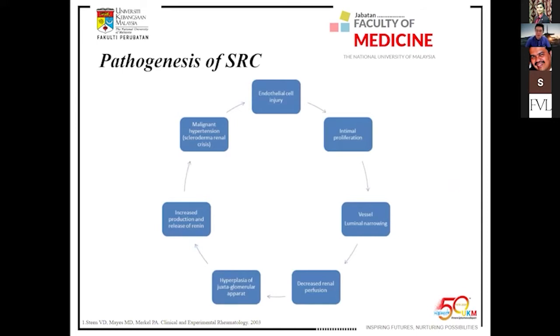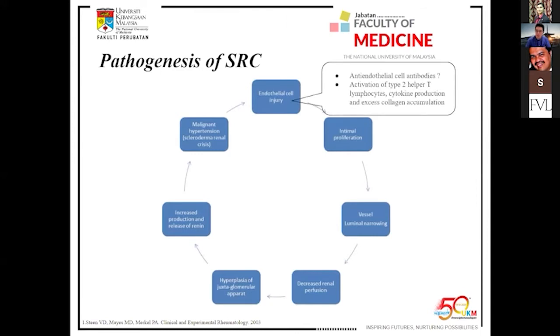Okay. So you look at the pathogenesis of this scleroderma renal crisis. It all starts with an endothelial cell injury. It's postulated that it's due to the activation of antibodies against endothelial cells, and it further activates the inflammatory cycles. Then the type 2 helper T lymphocyte is activated, you have cytokine production, excess collagen accumulation, and so on. Then it leads to artery intimal layer proliferation, and then causes vessel luminal narrowing,